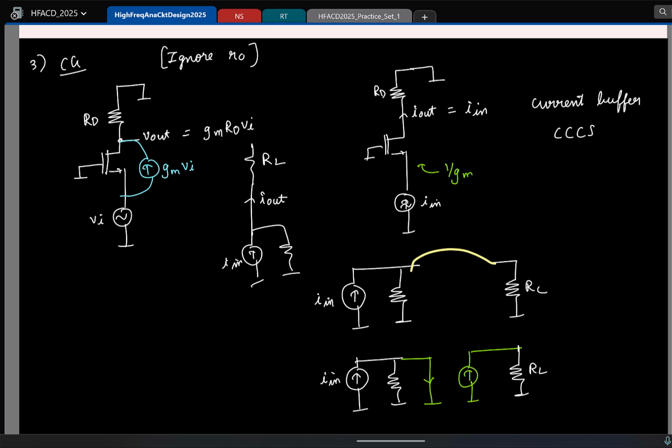The difference: a short circuit wire acts like a current buffer. But the idea is once you short circuit it, how do you copy the current? It is not just about presenting a 0 impedance, right? This is fine, but this current has to be copied here, right? This entire thing is your current controlled current source. Got it, right? Okay,